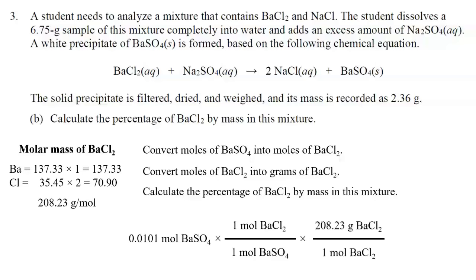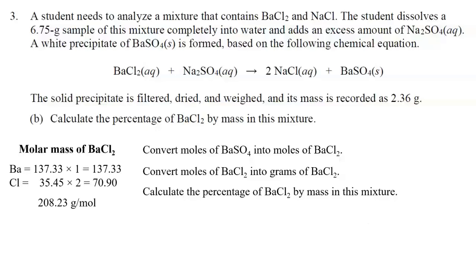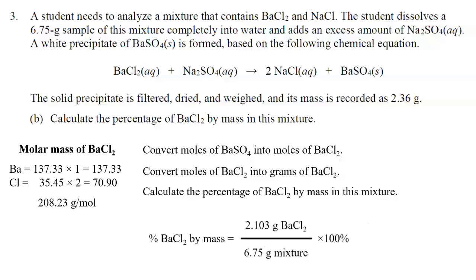Then we use the molar mass from the periodic table. So 208.23 grams of barium chloride per mole. And we do this calculation, and we get 2.103 grams of barium chloride. So recall from the information in this problem that the mixture that was used in this experiment is 6.75 grams. And now that we know the mass of barium chloride that was present in this mixture, we can do that final calculation. So the mass of barium chloride, 2.103, divided by the total mass of the mixture, 6.75 times 100,